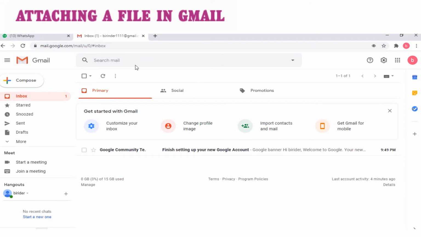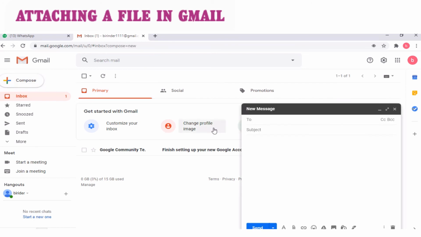Now children, I am going to tell you how you can attach any other file with your email. So first of all, you have to click on compose, and then in To you can write the address, the same address I am taking here. You can also see here CC and BCC are already there. If you want to use these options, you can use them, I explained them to you also.